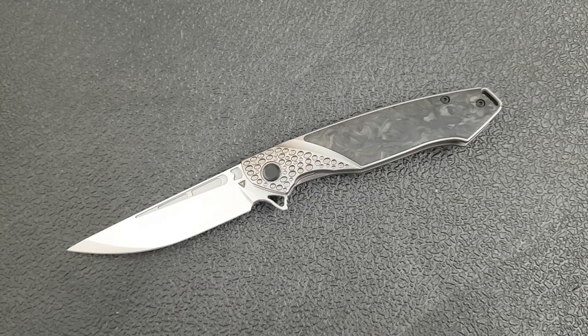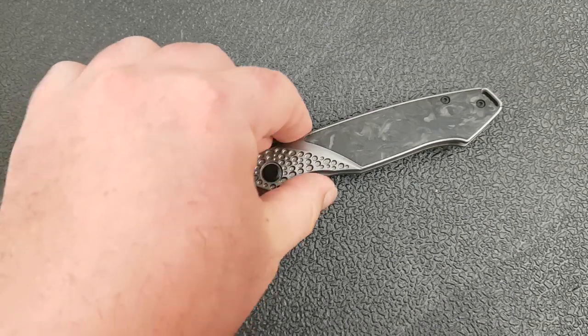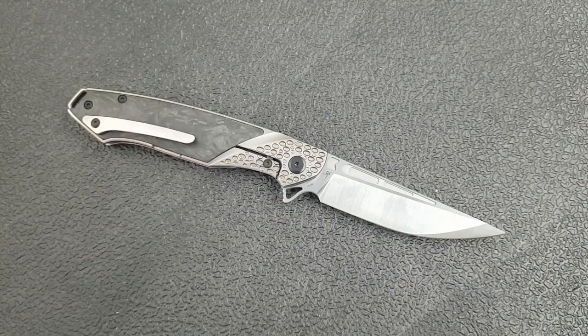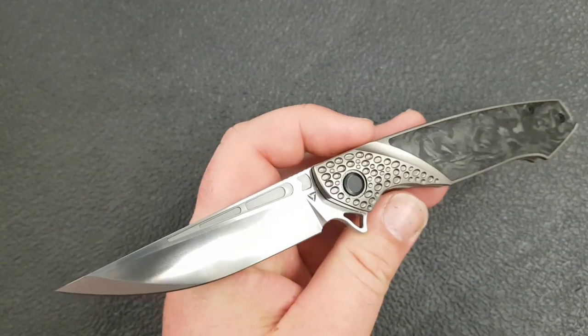Okay, so what's my overall conclusion here? I think this knife is pretty nice. It has a good fidget factor, and it's very effective as an EDC cutting tool. Obviously, if you're the guy that cuts up a lot of apples with your EDC knife, this is probably not the knife for you. But I really am drawn to that heavy-duty blade. I like the utility of it, I like the competence of it, and of course, I like that compound grind. So there's a lot that really appeals to me in this knife. I think it's a really nice EDC. It offers a lot of high-end feel and features at not a super budget price, but a reasonable price. And as a high-end EDC, I think this is a really good offering. So there you go, guys. That's my thoughts on the Tuya Knives